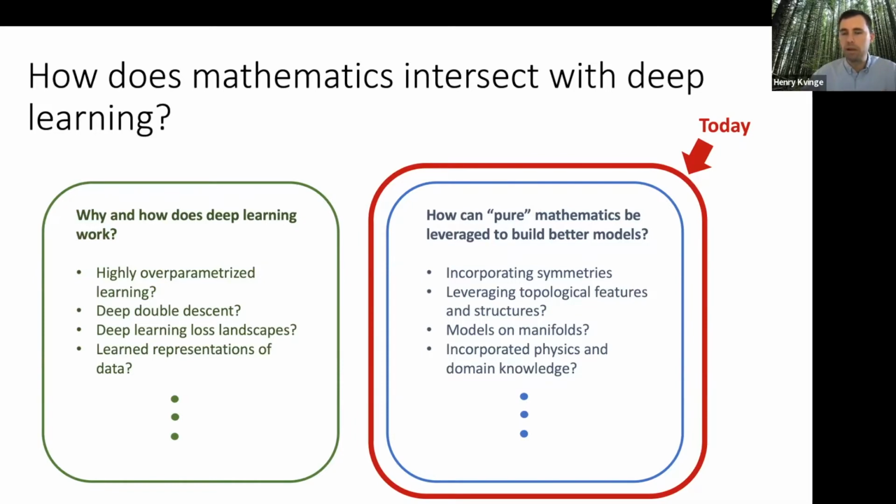So this can range from how do I incorporate natural symmetries into my machine learning model, to leveraging topological features and structures, learning on manifolds, which I won't talk about. I think a lot of the incorporation of domain knowledge in physics and things like that uses some interesting ideas from math, which I also won't talk about, but it's definitely out there. And then the third one I realized this morning is people who are applying machine learning to solve math problems, which is actually one of the most exciting areas, but I won't say too much of it in this talk. It sounds like there are, or have been, and will be some more speakers that'll discuss that.